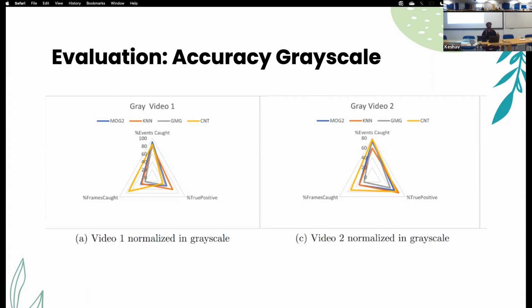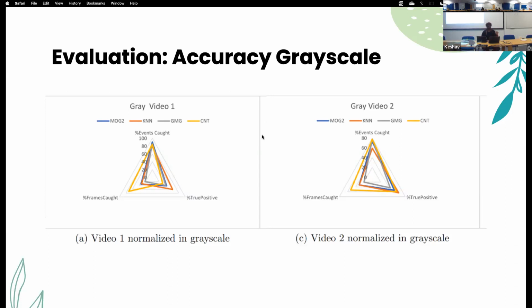In these two diagrams in particular, we're looking at the pipeline as it takes in a grayscale video. And for all the videos that we've discussed so far, they're the same set of two videos, either in color or grayscale, so far or going forward. As we can see here,